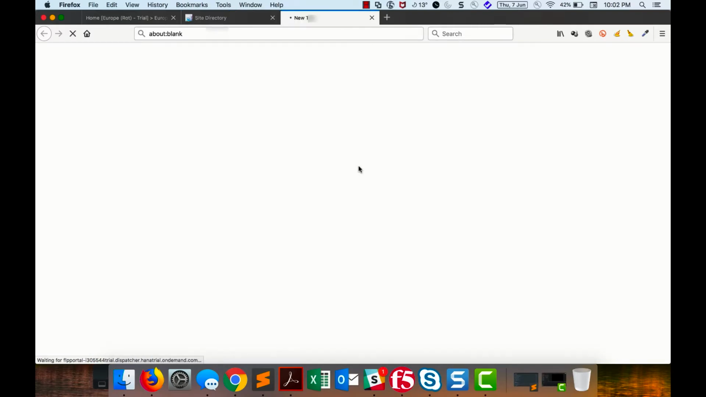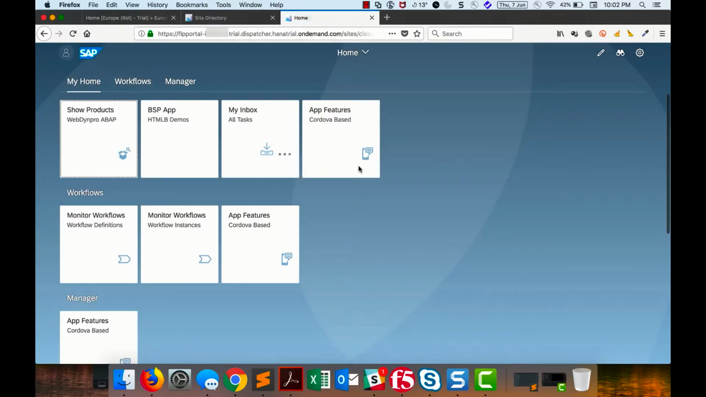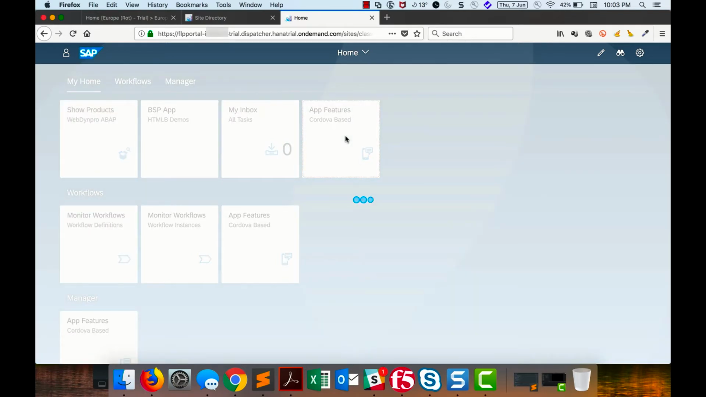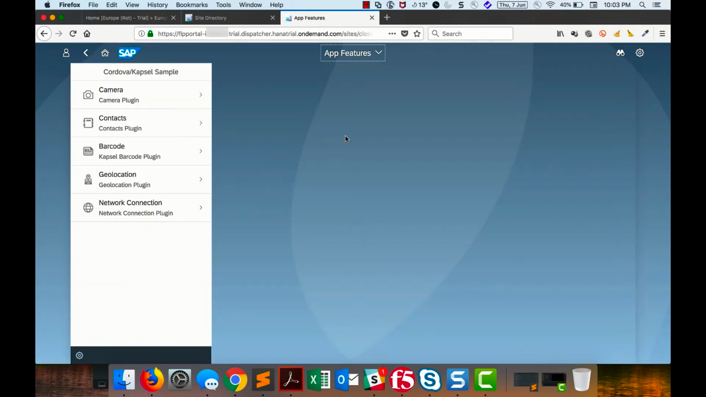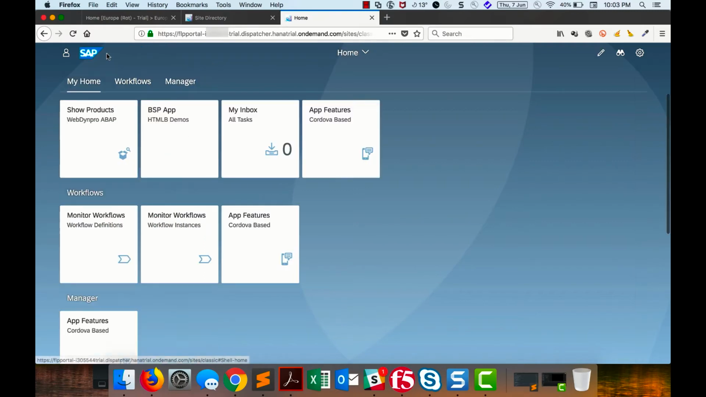So the one that I'm going to use for this demo, I've just given an alias name as classic. These are some of the apps that have already been deployed. One of the apps out there which I've just named as app features actually uses some Cordova plugins, so you may not be able to see it working when you're in a browser. Like if you want to see how a barcode scanner would work, you would need to use this within a mobile device. So what I'm going to do is make a note of this particular URL,